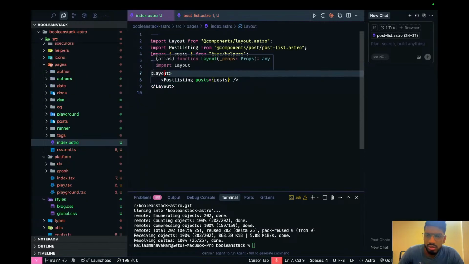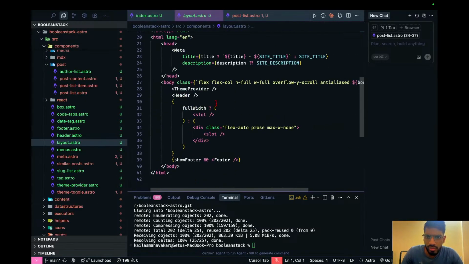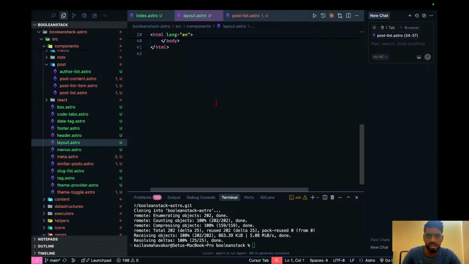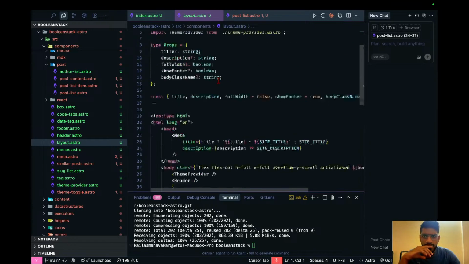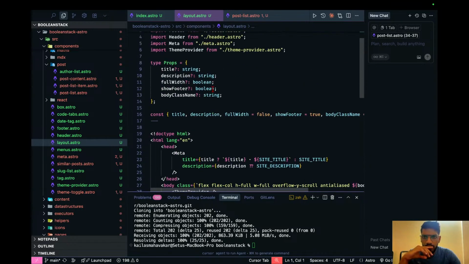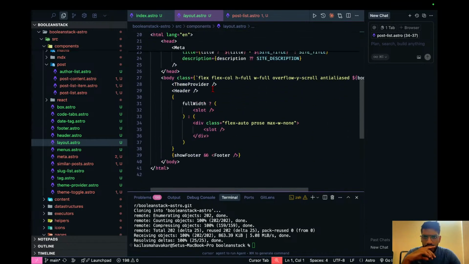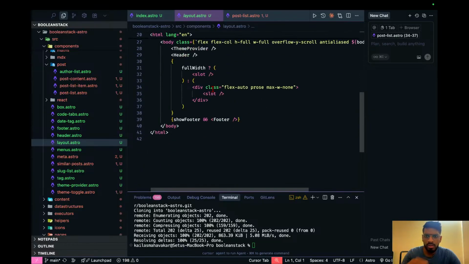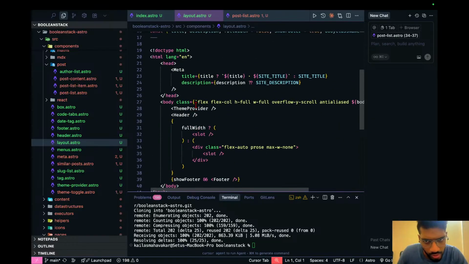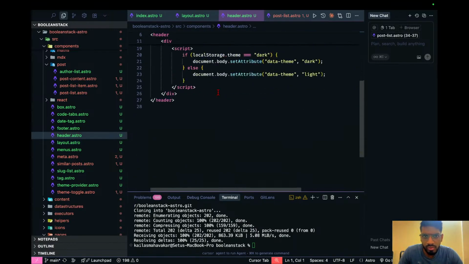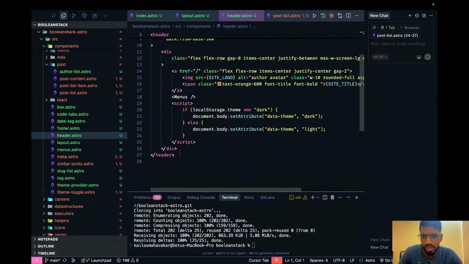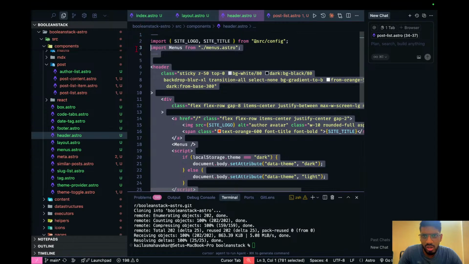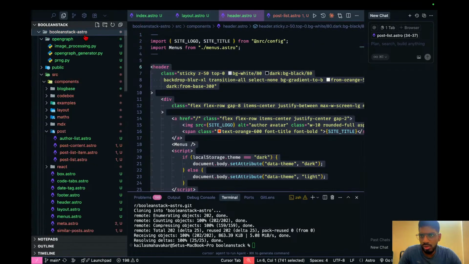Okay. So I think layout is where our code is. Yeah, definitely. This is where the first chunk that we want to migrate is. We have props, we have HTML, we have head, doc, okay, body. And we also had meta right there. So header, let's just start with the header. As you can see, this was an Astro component that we are going to take as it is. And let's just go back to the